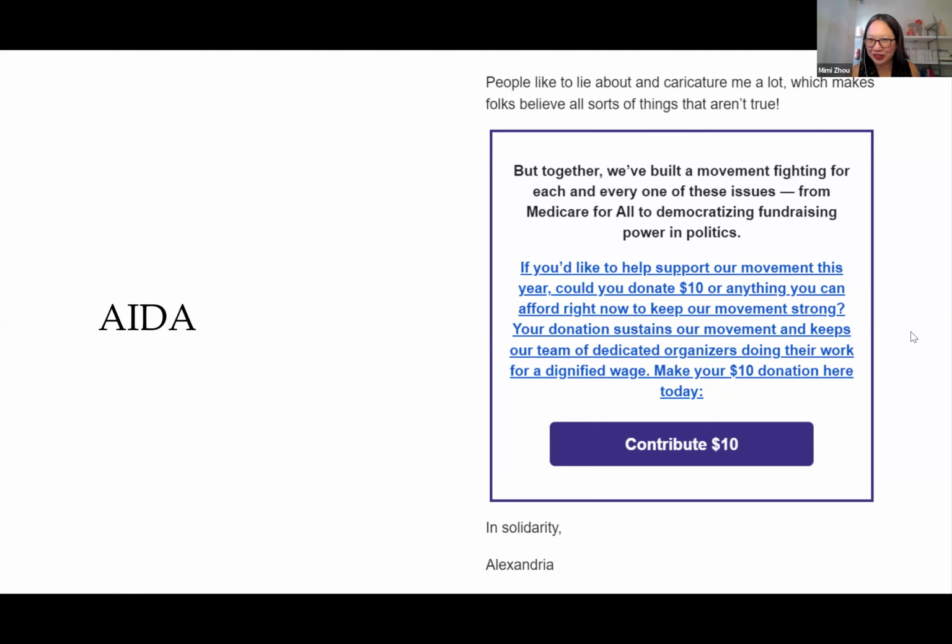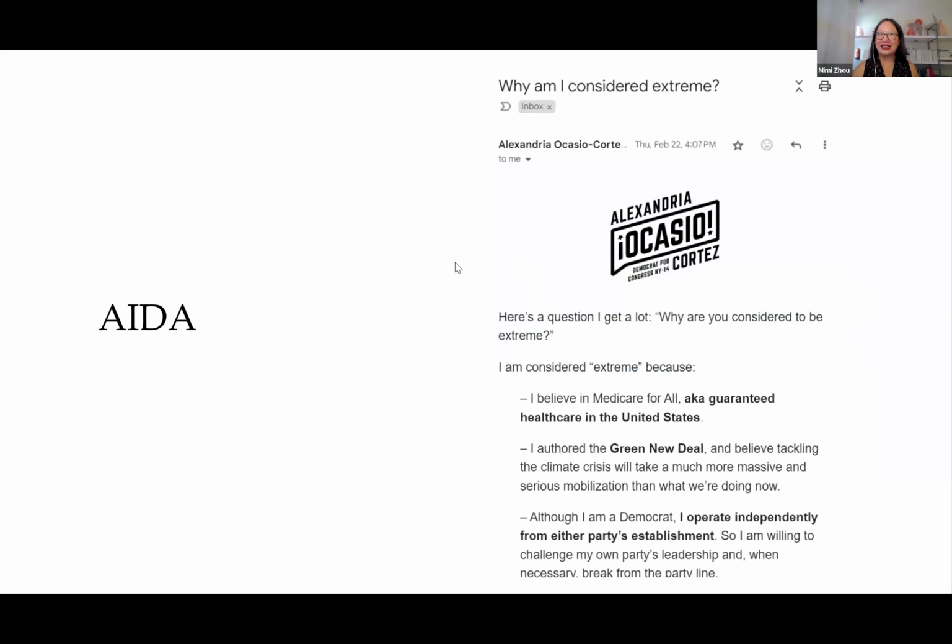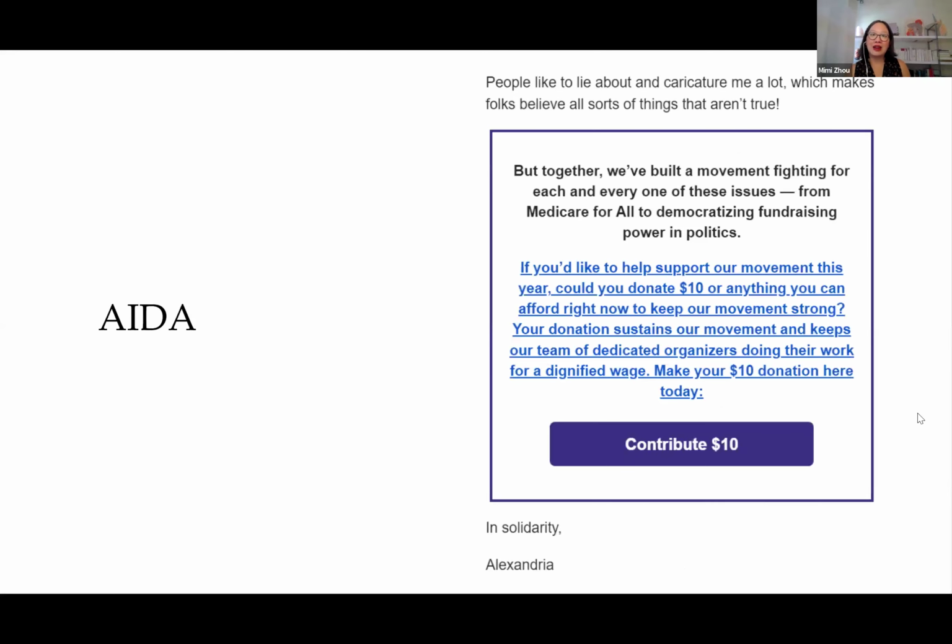Thank you so much for that wonderful reading. Okay, so this email gets our attention, it gives us reasons why we care, why we're interested and what we want, and then there is a call to action. I want to note about the design: the CTA is unmistakable. There is a blue box around it, so that sets it apart.